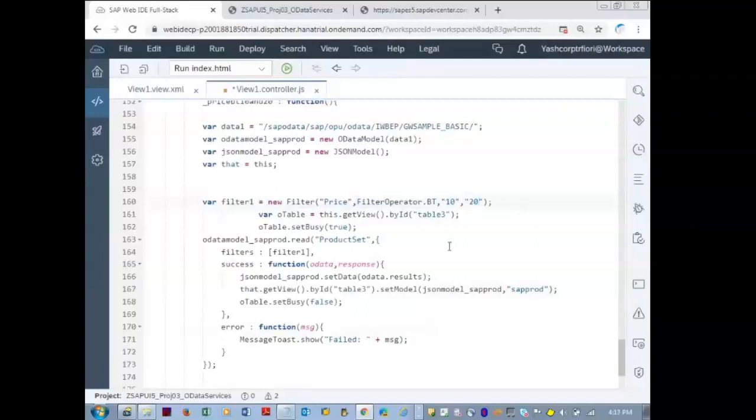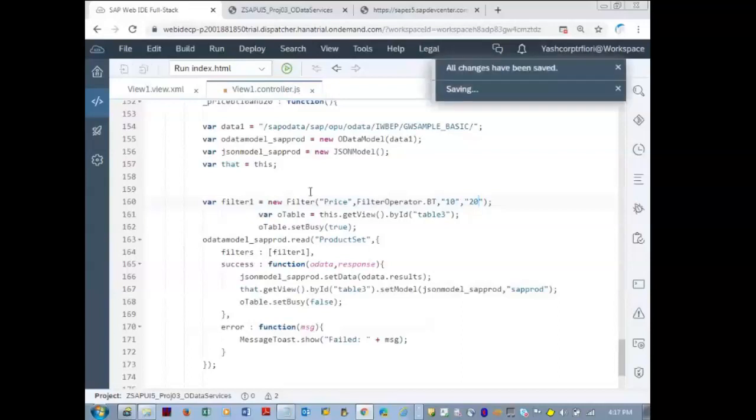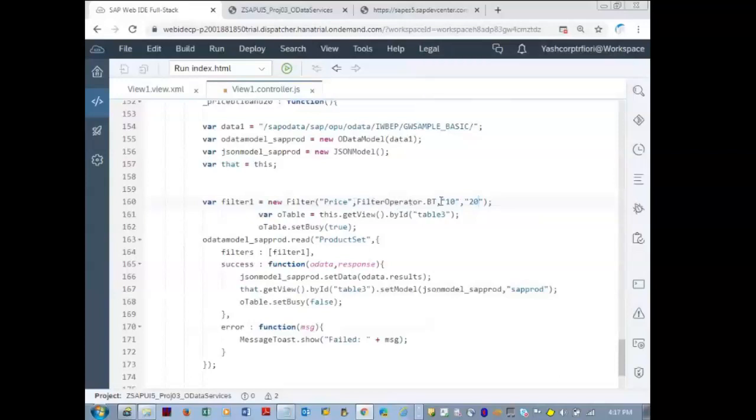That's it. If you pass this, it automatically fetches all the records between 10 and 20. You can experiment with the others also, like starts with, ends with, less than, equal to, greater than, equal to. The previous filters also, we can directly use the filter operator dot LT, less than.